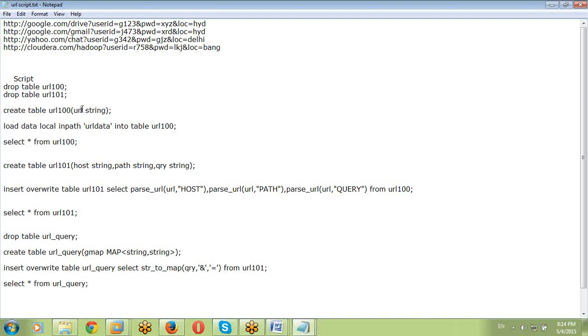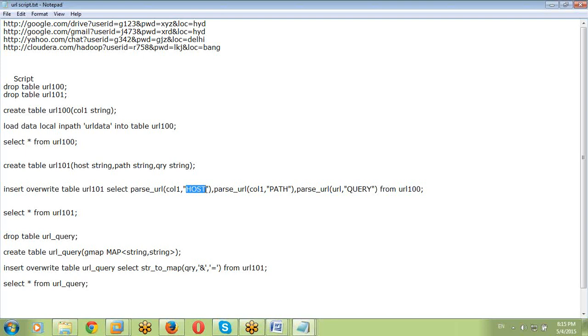For example, I am taking here col1. You can take col1 here also, and here also col1. So first the function name, col1 comma host.